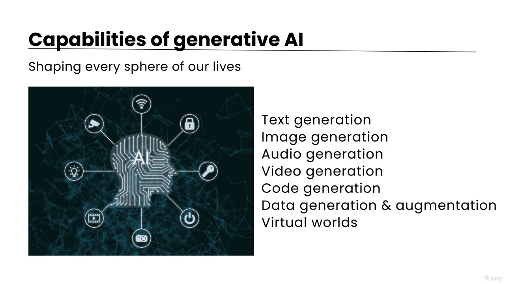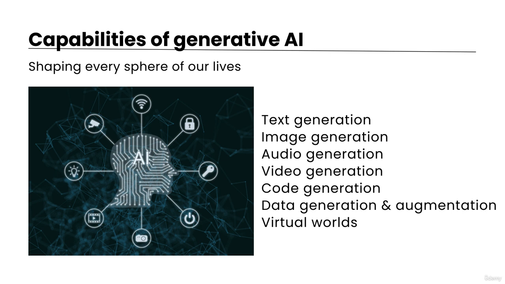First is the text generation capability of generative AI. That is, its ability to generate clear, lucid, and contextually relevant textual responses. The second capability is image generation, that is, synthesizing artistic and realistic images that are very similar to the real ones. The third capability is audio generation. Generative AI enables music composition and synthetic audio generation. The fourth capability we will discuss is video generation. Generative AI enables the generation of dynamic films and small videos based on textual descriptions and even images.